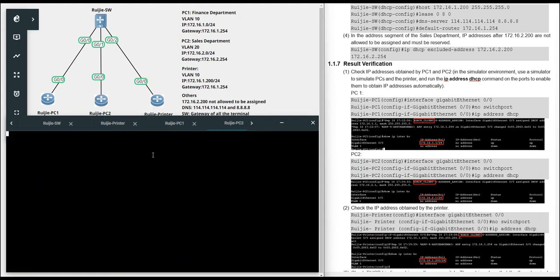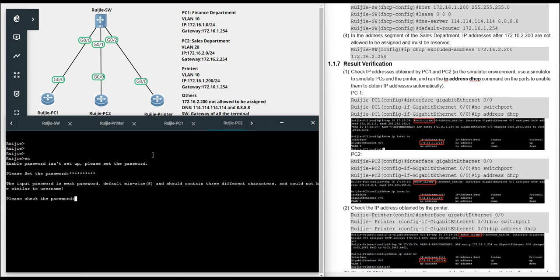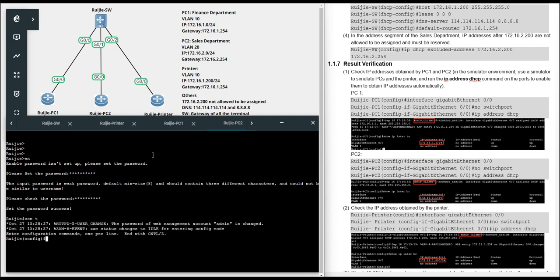And about your PC2, the same. You have to enable, give the password 123, then config t to change the name to become Rayjay PC2. So same, you can go to VLAN 1 to no IP address at first.